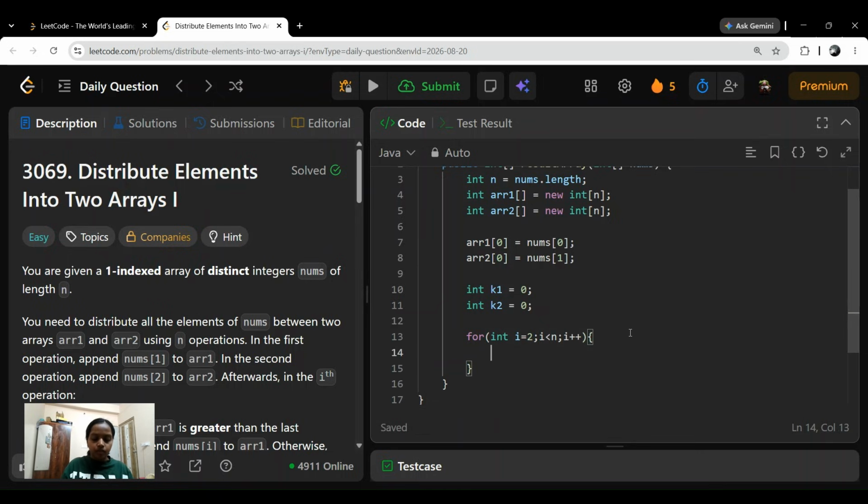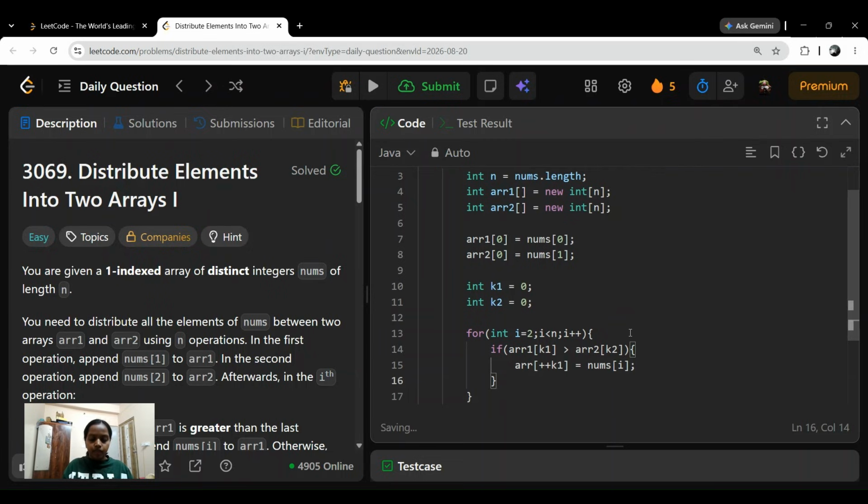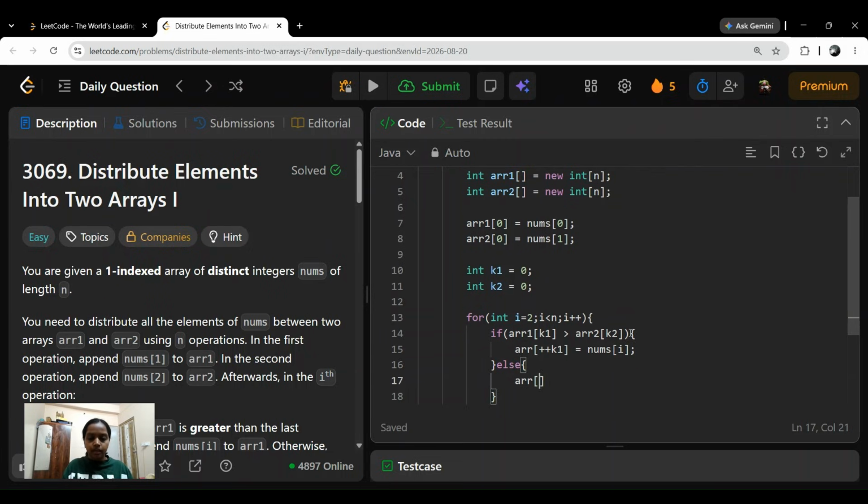If arr1 of k1 is greater than arr2 of k2, then arr1 of plus plus k1 is equal to nums of i. Else it will be arr2 of plus plus k2 is equal to nums of i.